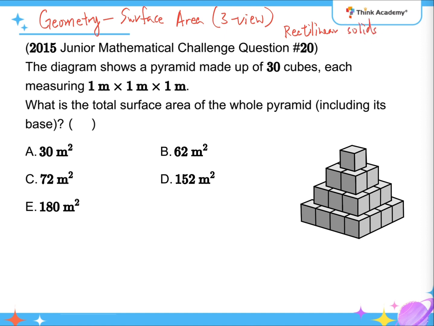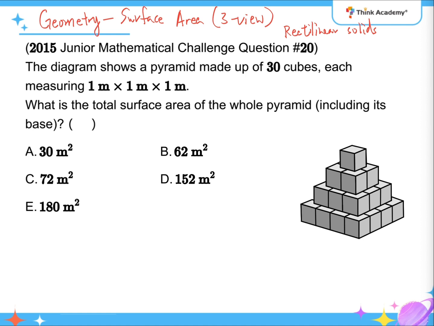such that it will have 6 different views, right? We have the front and back, top and bottom, left and right. So there are 6 different views for rectilinear solids. And if I'm just adding up the area of all these 6 views, given that there are not any hidden faces, which means that all the faces are exposed to the views, you will be able to get the total